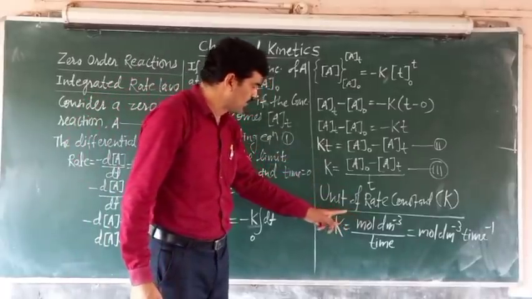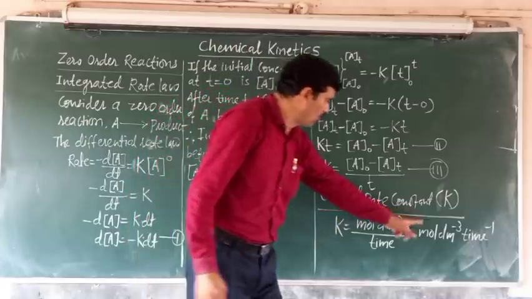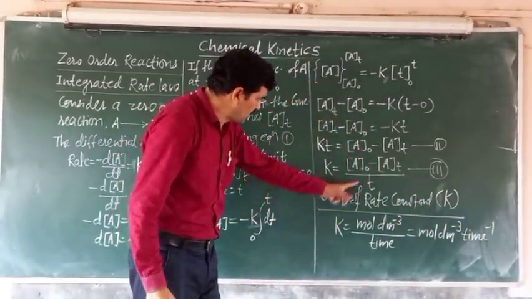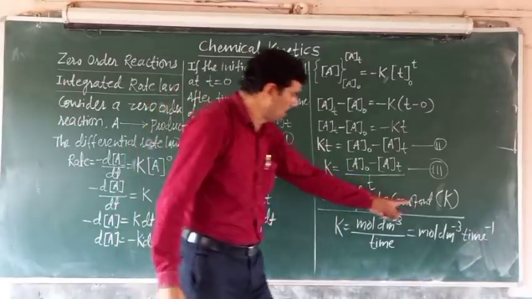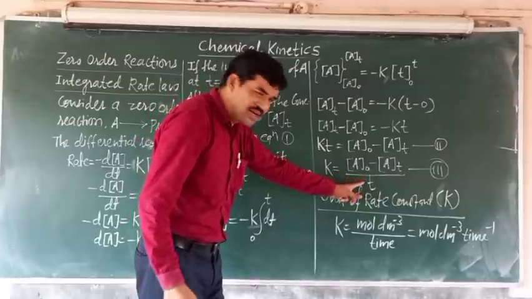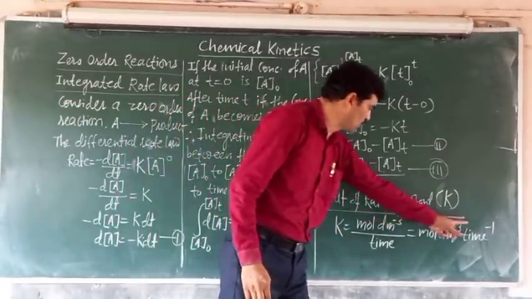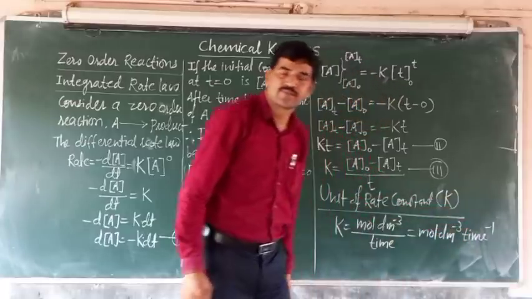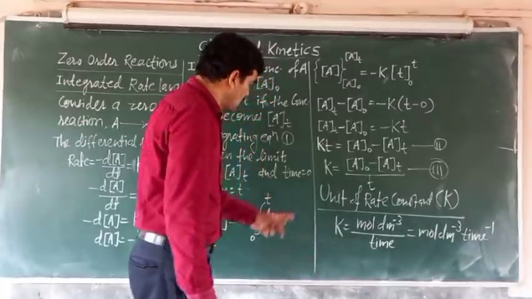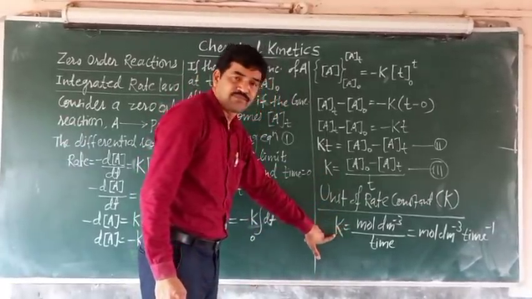Now if the time is in seconds, then the unit will become mole per dm cube per second. If the time is in minutes, then the unit will become mole per dm cube per minute. If the time is in hours, then the unit of the rate constant will become mole per dm cube per hour. And here it is important to remember that the unit of the rate constant of a zero order reaction